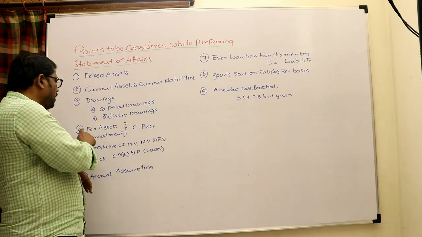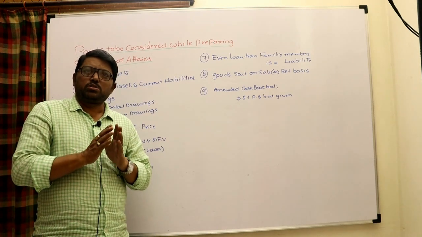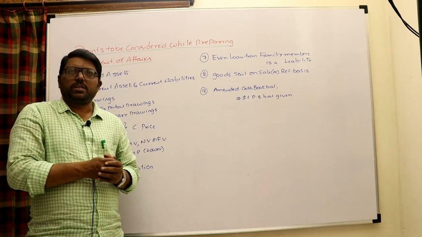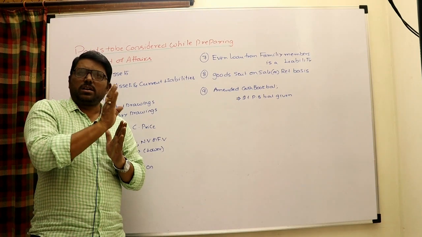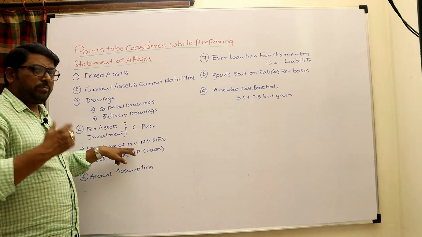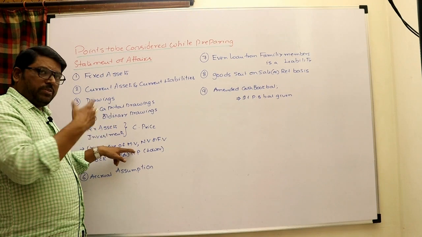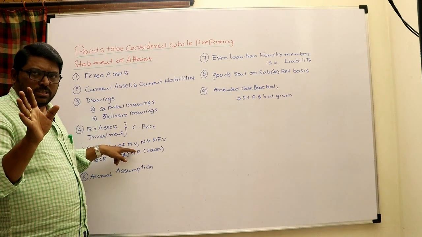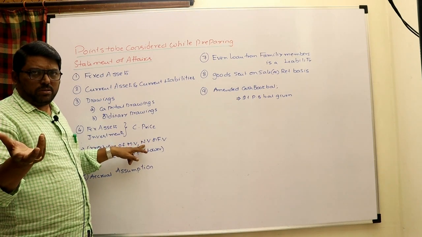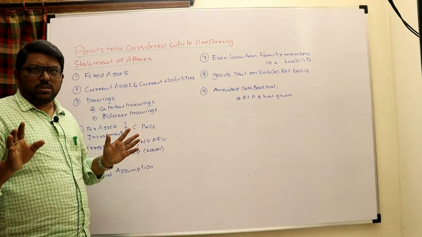That is regarding drawings. Next, fixed assets and investments. Fixed assets and investments are always to be recorded at the historical cost, and particularly fixed assets are to be depreciated by wear and tear, but recorded at the cost price, irrespective of market value. Your fixed asset and investments may have any market value, but we need not consider it. In the case of investments like shares, nominal value, face value, and market value are not to be considered.